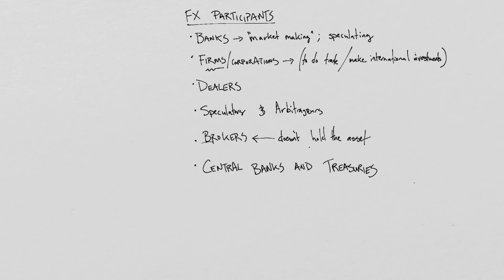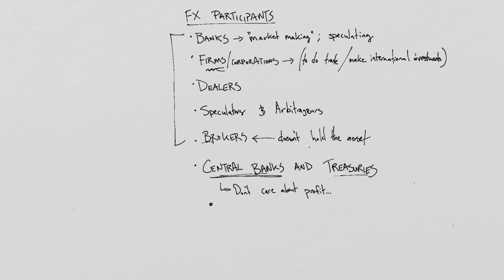Last but not least, we have a participant known as central banks or Treasury. And this is like the elephant in the room, or at least the horribly deformed elephant. And central banks are very different in their motives from all of these other entities that are trading in the foreign exchange market. It's because they don't actually care about profit, unlike all of these other entities. Banks, the dealers, the brokers, a little bit like firms, actually. But what a central bank does care about is the value of its currency.